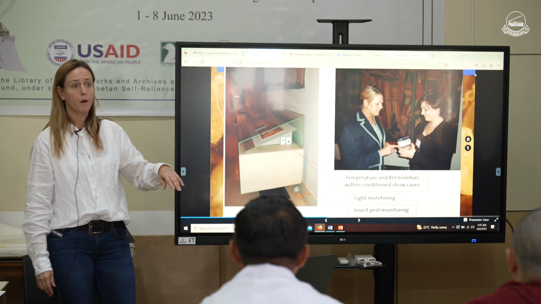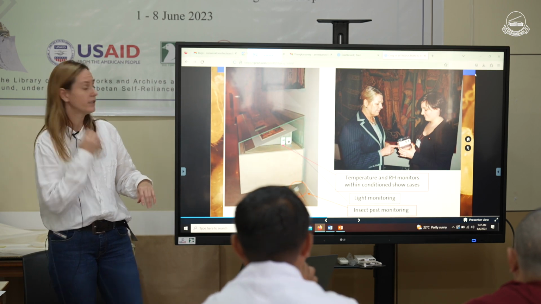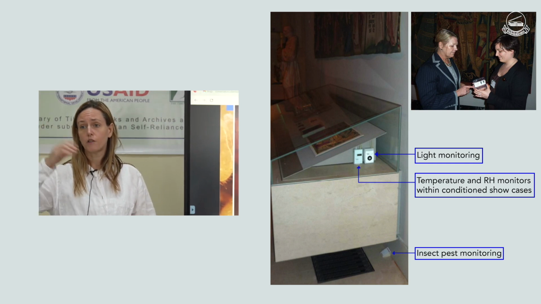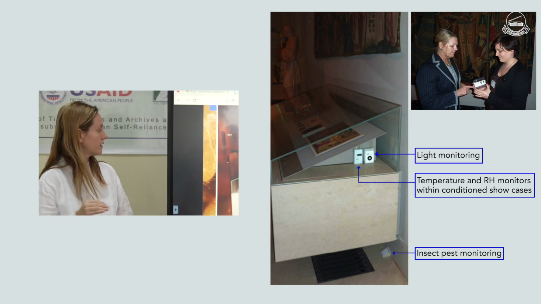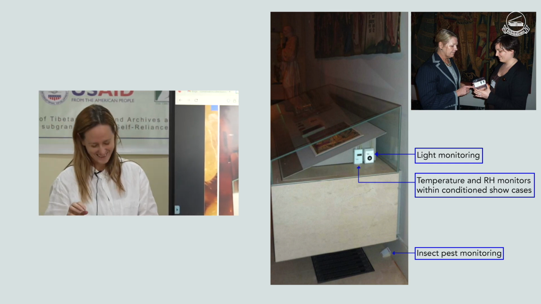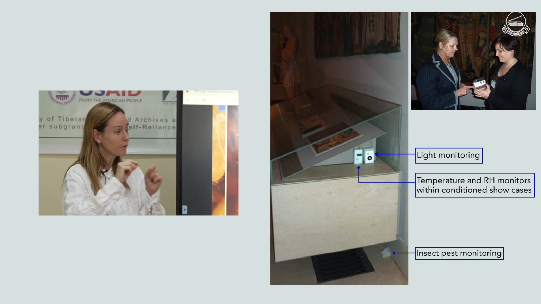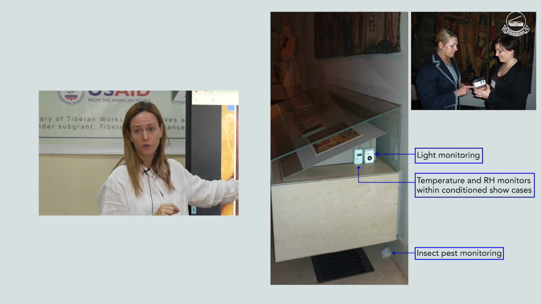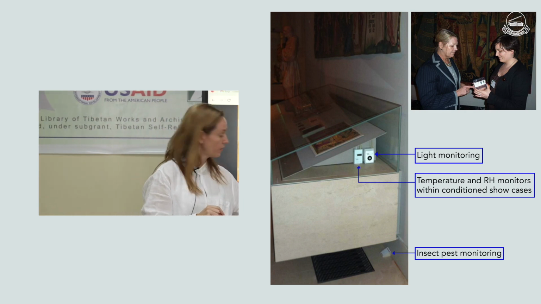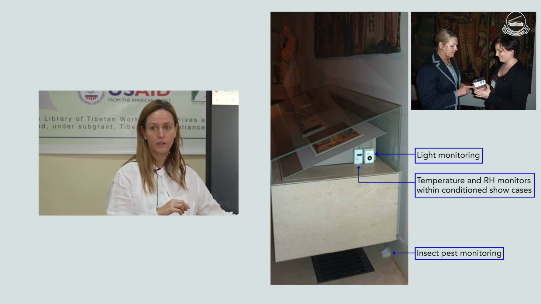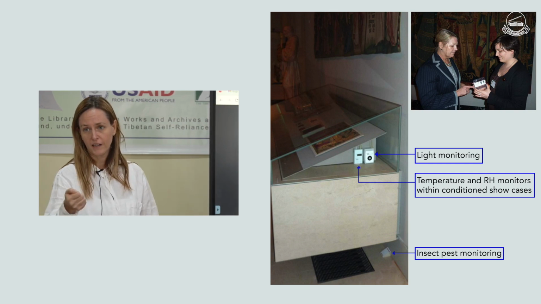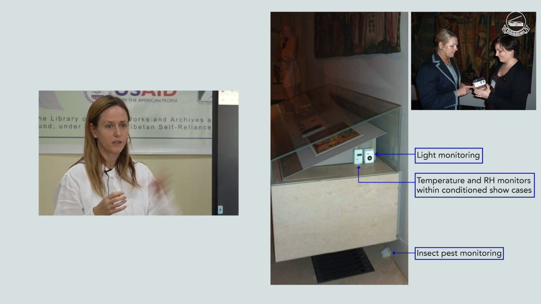People were asking about monitoring the light and humidity. So these are the data loggers that you have. You even have some data loggers that monitor vibrations as well as dust. It just sends the information automatically about what the temperature and humidity is. This one is sending the light, and this one is monitoring your insect activity, which is something that we do, but if you don't have one of those, you do handheld, and sometimes there are cheaper ones that you have to download.